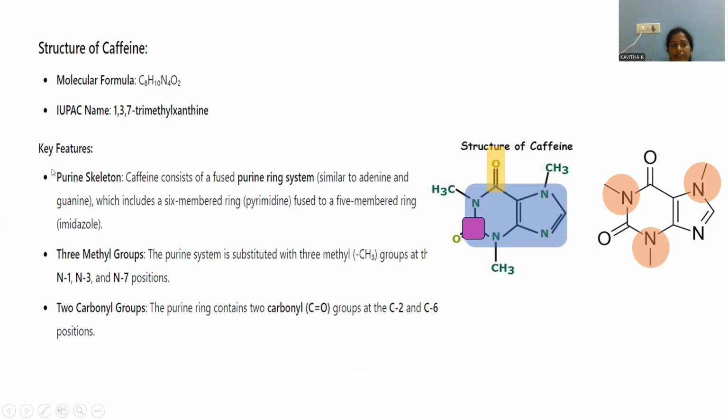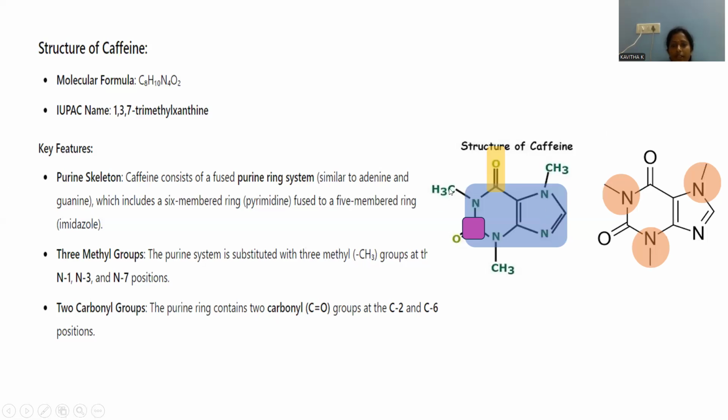According to the structure of caffeine, we can observe a few key features. A purine skeleton will be noticed. Whatever blue shade you can observe is denoted as the purine skeleton. One is a 6-membered ring and another is a 5-membered ring, where 4 nitrogens are allocated in this manner. Here is the 6-membered ring, and this is the imidazole ring. We can notice this is the purine ring system, right? And a fused 5-membered ring system. So this 6-membered ring denotes a purine system and the 5-membered ring denotes what? The imidazole ring system.